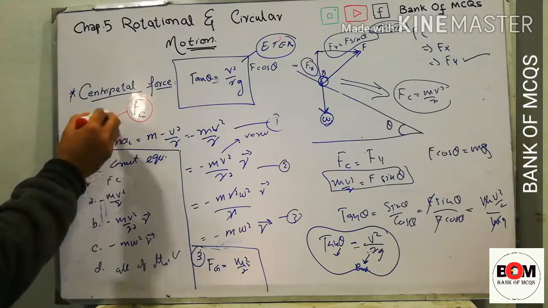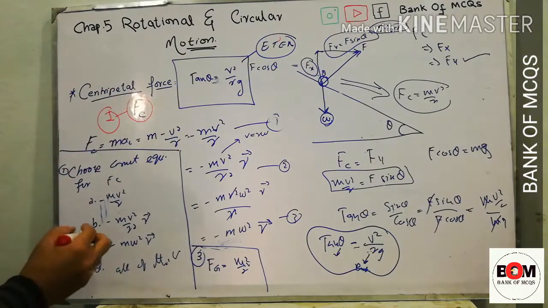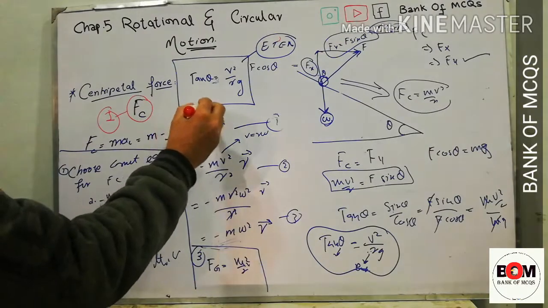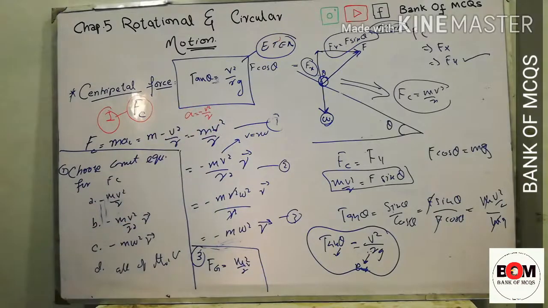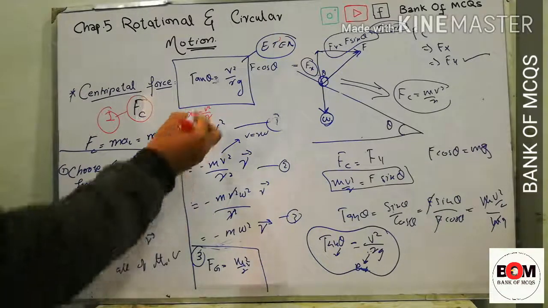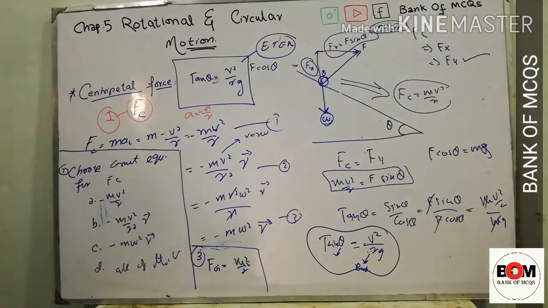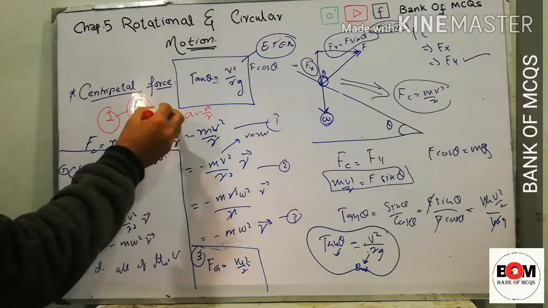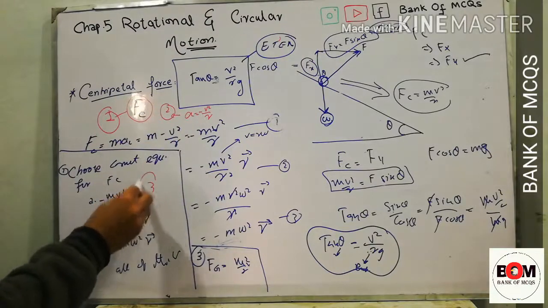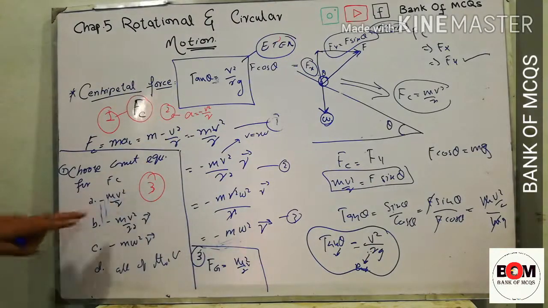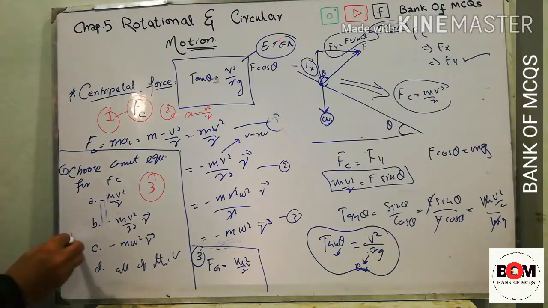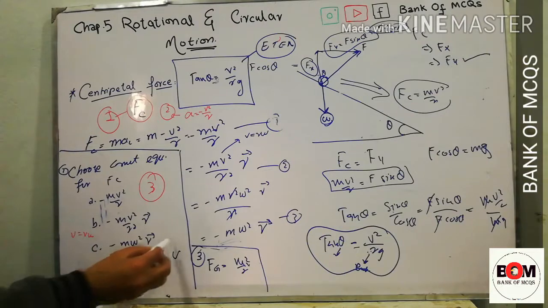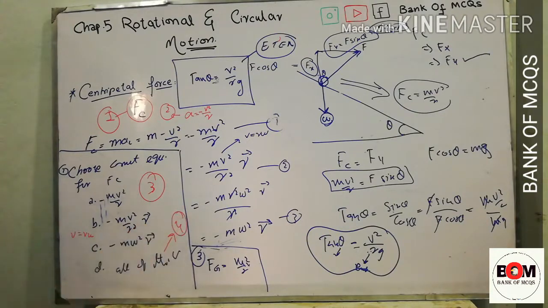Fc, point number 1. Another point, we know that a is equal to v square divided by r. As a and r are in opposite directions, we will put a minus sign. The third thing is, you must learn all the equations by heart. For the first, remember this equation, mv square divided by r, then multiply and divide by r, and we will get the second equation. And the third equation, by simply putting v equal to r omega. So remember all of these as point number 4.